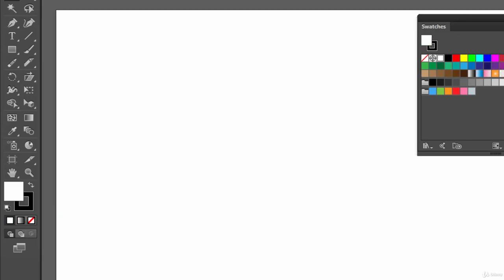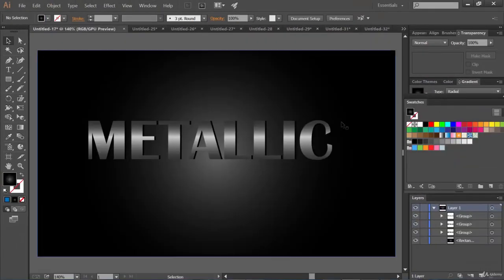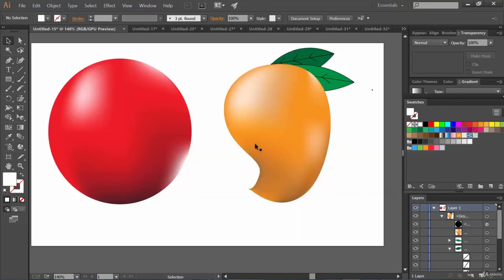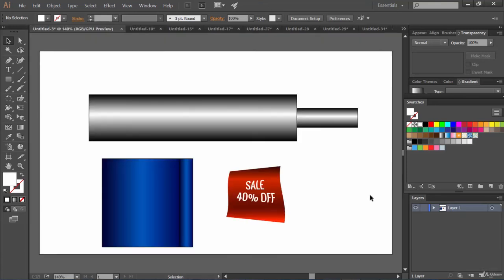Let me tell you in advance, in one of our projects we are going to design this metallic text. In one we are going to create this juicy mango. And in another project we are going to design this sale banner and also this metallic shape, you can say.